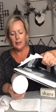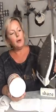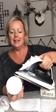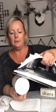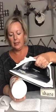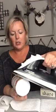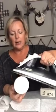Okay, so here I am straight directly on the candle. Super nervous. I'm pretty OCD about the iron. I don't ever want anything sticking to it. My daughter made a craft with her friends, some t-shirts, and they got sticky stuff all over the iron. It took me hours with a magic eraser to get it